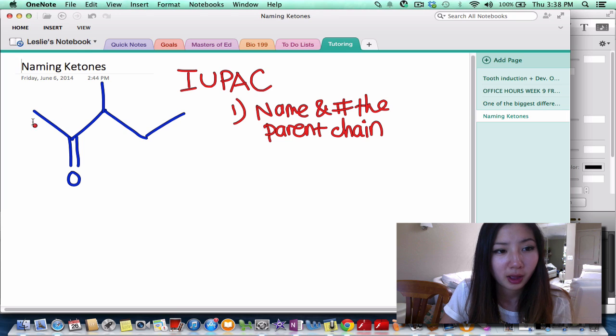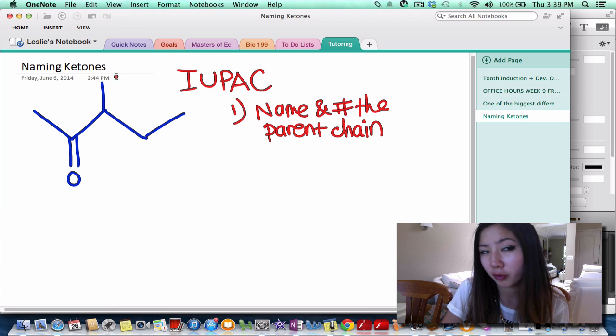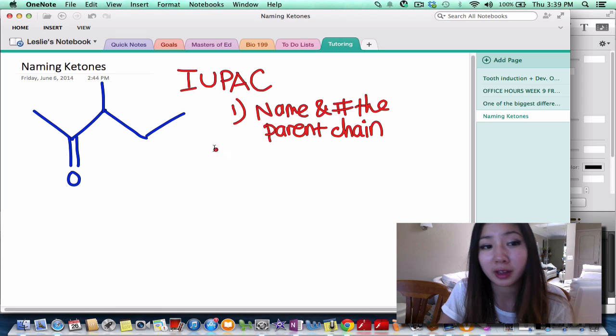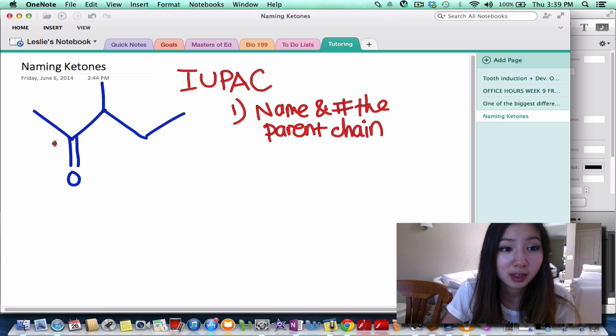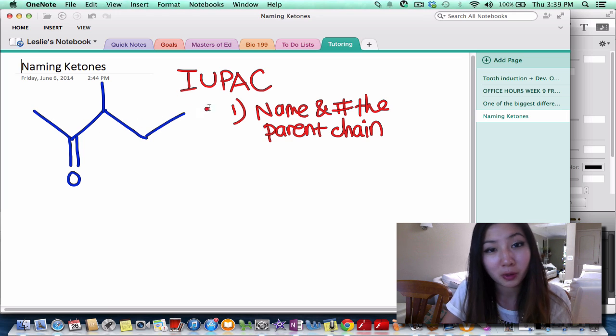And so we could do 1, 2, 3, 4, 5. We see that that's a long chain of carbons. There's 1, 2, 3, 4, right? But we want to stick with the longest. So you could see that this is the parent chain, right? But you can number it 1, 2, 3, 4, 5, or you can number it going the other way, 1,